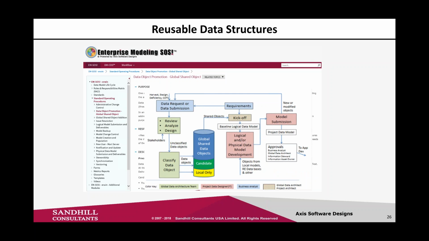Right. So here's a diagram that very early on, when I talked about the data model lifecycle diagrams, here's the diagram for the reusable data structures. This is how it happens. So there's a process by which we go through the candidacy of an object to see whether it can be approved to be reusable and so forth. We classify it. Of course, some objects, especially on the physical side, will be local only. They're used just for that particular application or whatever. So this is a diagram that shows the overall view of how this process works.